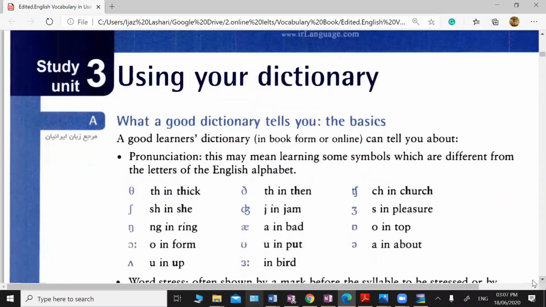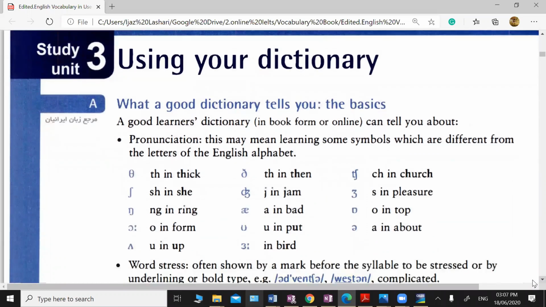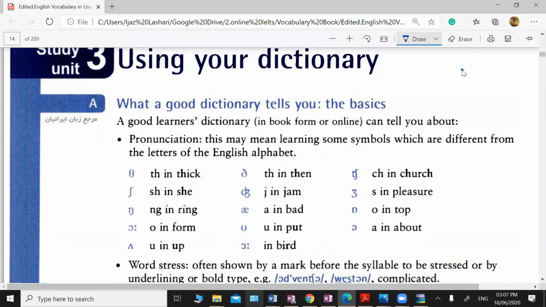There's not only the meaning of the word, there are many other things which we also study when you look at the word in the dictionary. The dictionary can be digital or it can be just a hard copy. So whatever you have, we will go through different things which come across when we look for a word in the dictionary. Okay. So the first thing which we will see here, as you see on the screen,